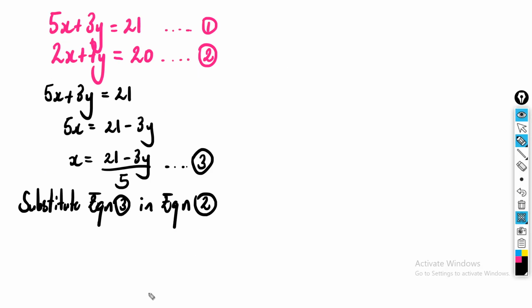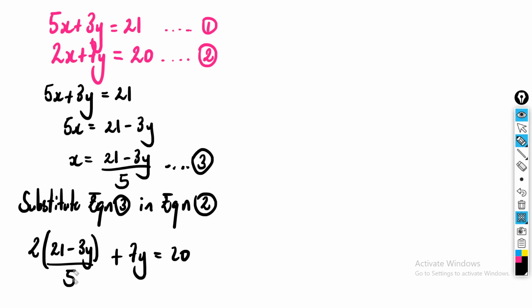All right, guys, so we're going to start from here, and we're just going to do over this part. So we have x equal to (21 minus 3y) over 5, and we want to substitute this new equation, equation 3, into equation 2, and we get 2 times (21 minus 3y) all over 5, plus 7y is equal to 20. And then in order to remove this 5 underneath here, I'm just going to multiply everything